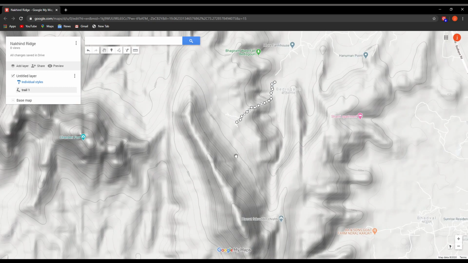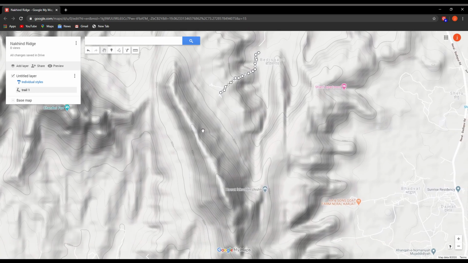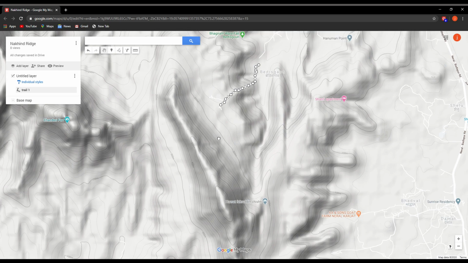Now we are clearly able to see the contour lines on the map, and this particular contour line connects all the points on the map which are at an elevation of about 300 meters from the mean sea level. And this is the peak of Nakin, and the height of the Nakin peak from mean sea level is 660 meters. And each of the contour lines in here represents an increase in the elevation of about 20 meters. So we'll draw the path up ahead. So from here on, these are well spaced contour lines, so we can easily climb.